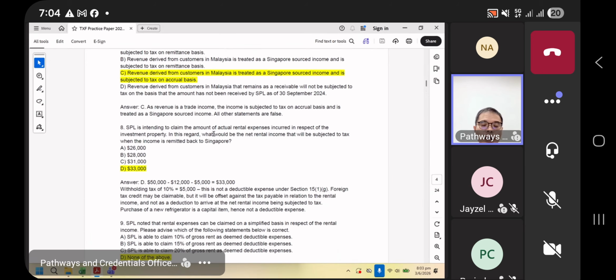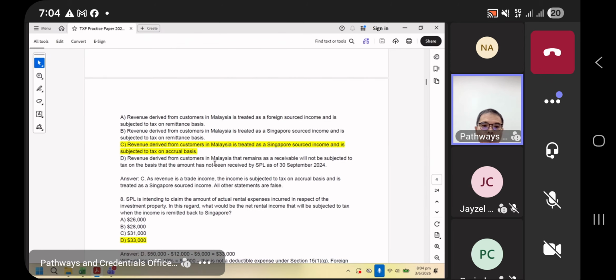Okay, for the next one, question 8. SPL is intending to claim the amount of actual rental expenses incurred in respect of the investment property. In this regard, what would be the net income that will be subject to tax when the income is remitted back to Singapore? Mainly, to compute the rental profit that will be subject to tax, you use the rental income less any expenses that are incurred for the rental income. So if you look at the question,